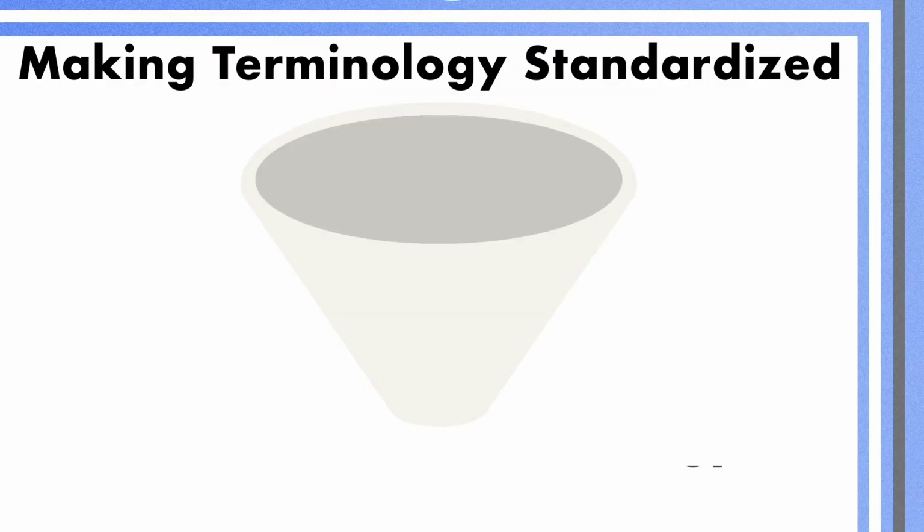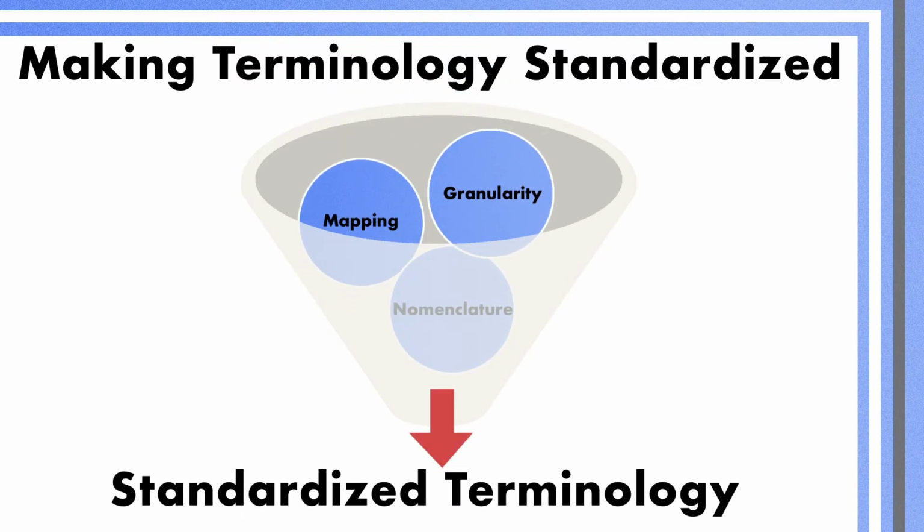Obviously, we talked about the need for standardization of terminologies. Now we're going to talk about some factors about standard terminologies. And these include granularity, mapping, and nomenclature. When we're referring to granularity, it's referring to the specificity of the data. For example, specific clinical data and assessments. Mapping, on the other hand, relates to bridging or matching of concepts from one terminology to another terminology.